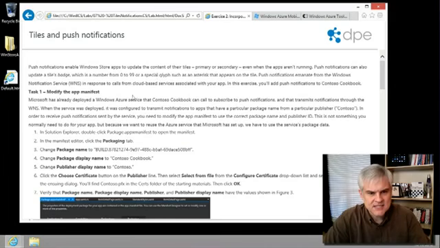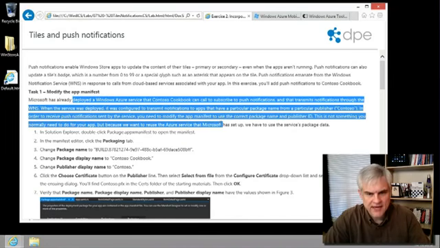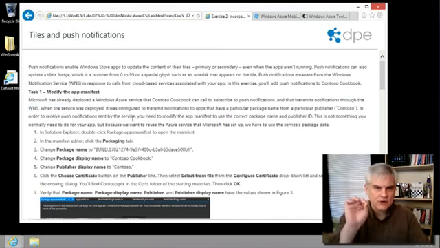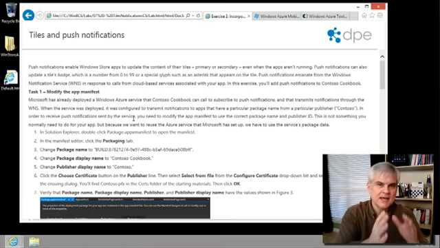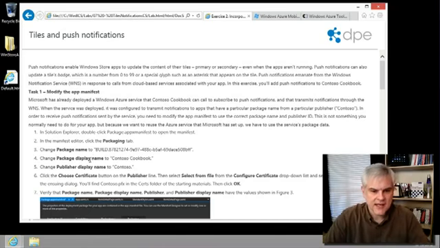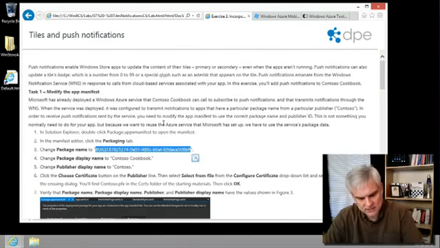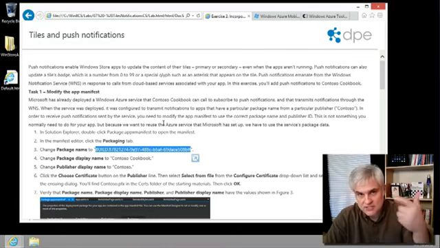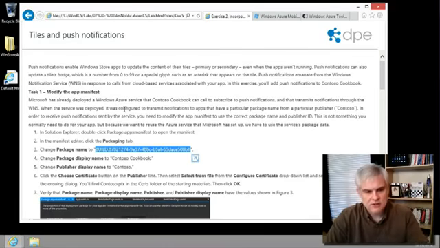And it explains the justification for this above that. It's, again, so that we can listen on the correct channel. It was published by a given publisher and to only work with a given package. And so this is the package name that we'll need to use in order to receive these messages. All right, so I'm going to copy that,